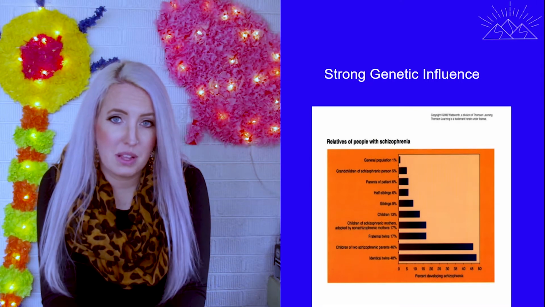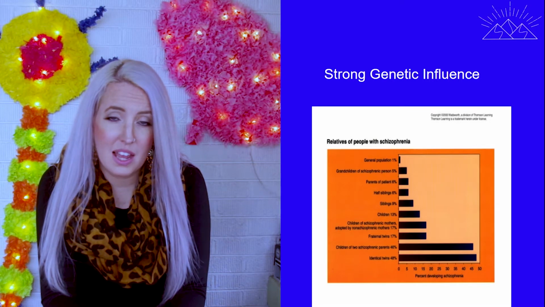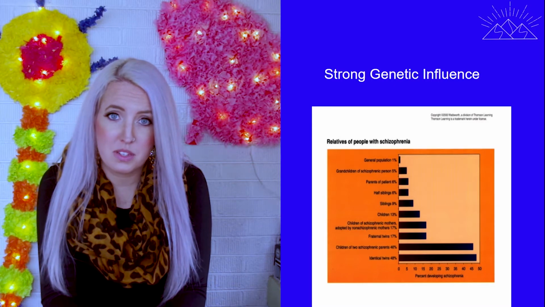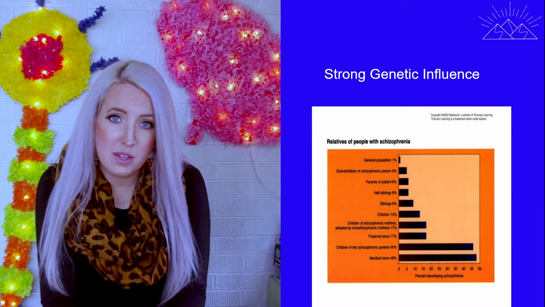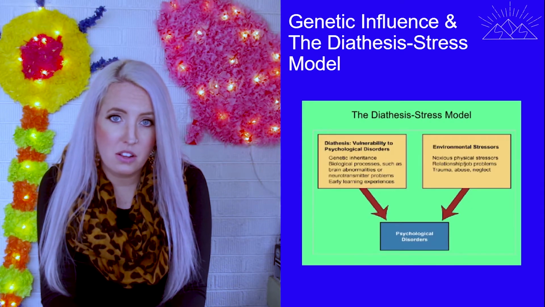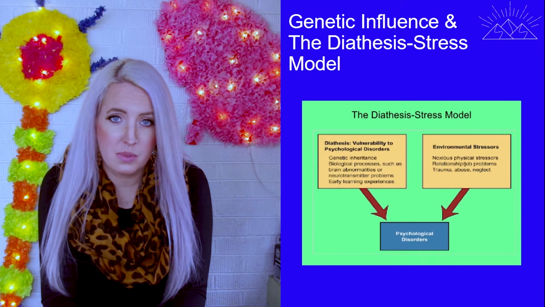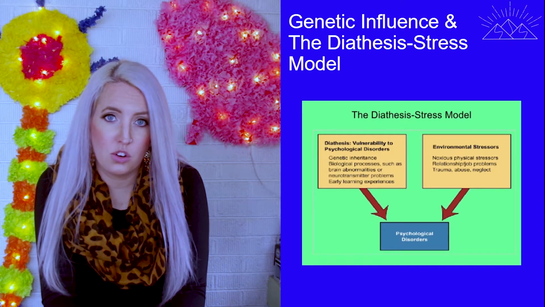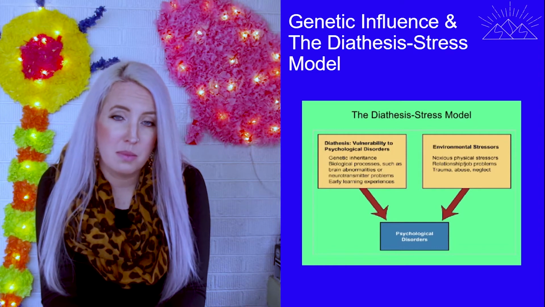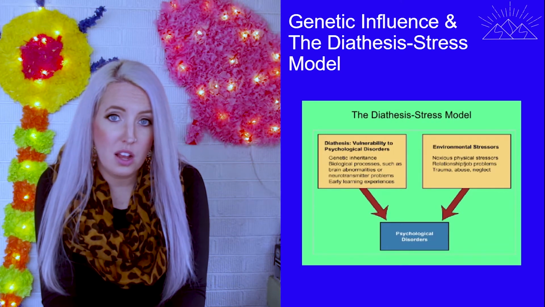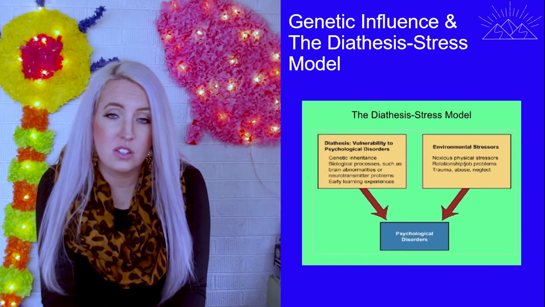But schizophrenia is typically onset, meaning it develops at some point in time. So what exactly causes a person who may have the genetic predisposition for schizophrenia to actually develop the symptoms later on in life? Psychologists use what's known as the Diathesis-Stress Model to explain why schizophrenia develops. It needs both the genetic predisposition, but also the psychological and environmental factors that can cause the disorder to manifest or show up. Meaning oftentimes there are key stressful events or a single stressful event that seems to cause the psychological break to cause schizophrenia to develop in an individual.